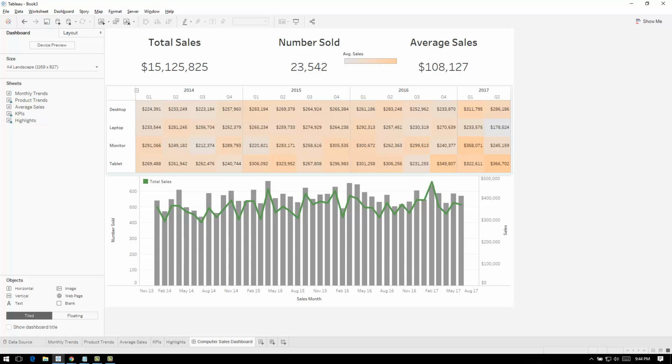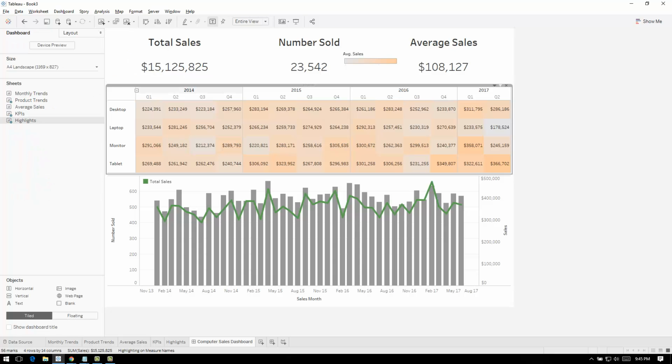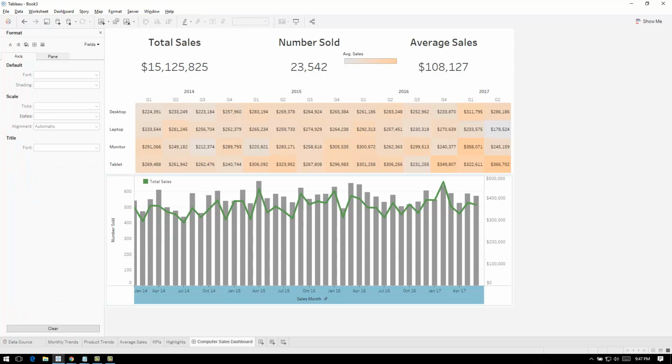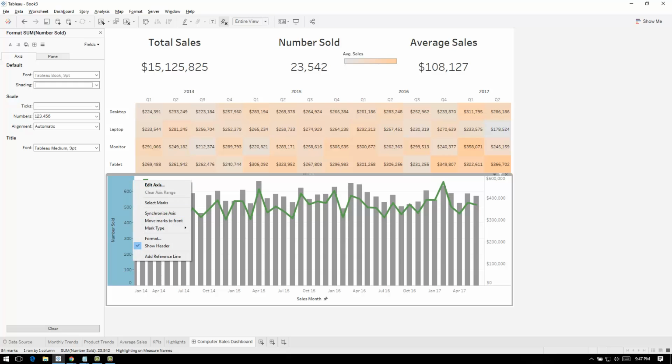The other thing, though, I do want to remove some of these lines. I think I want to keep, I'm not exactly sure. This is a little bit of messing around here. So I'd continue to mess around with that one, but that might be a little tricky. And then one last thing I'm going to do here, just to get rid of more of the visual clutter, is the